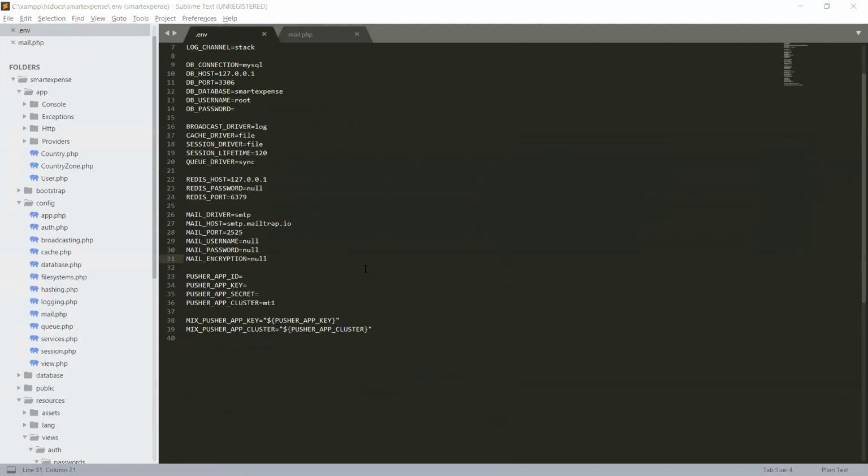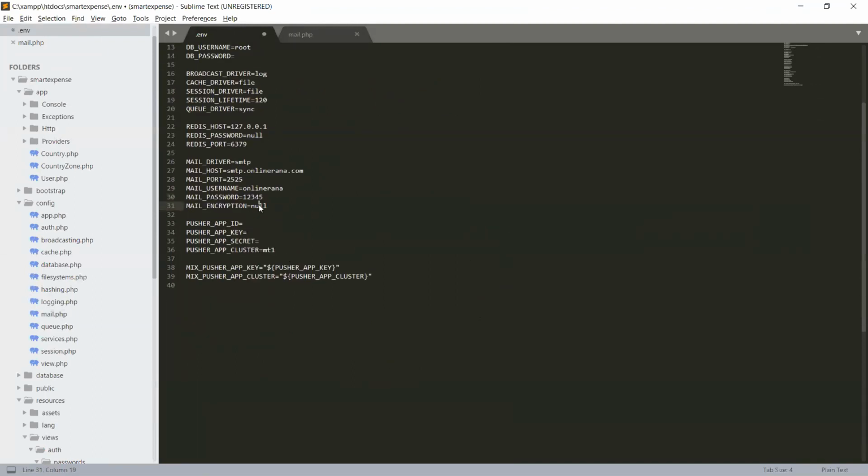Suppose I use SMTP, Simple Mail Transfer Protocol, and its domain is www.onlinerana.com, and the port is given here, and my user is onlinerana, and the password is 12345, whatever password you have, and encryption is TLS.